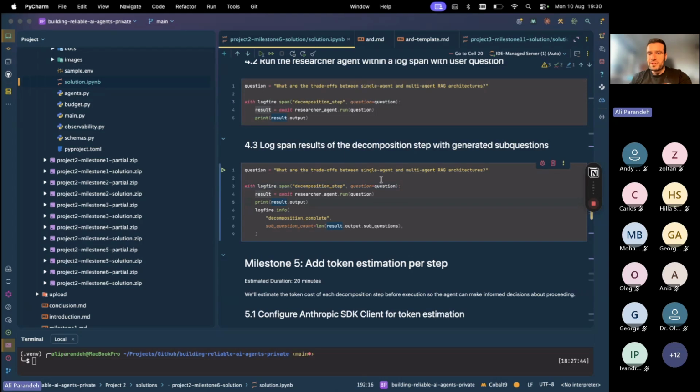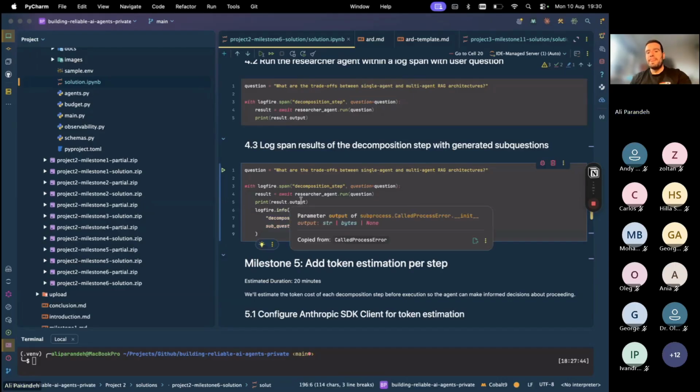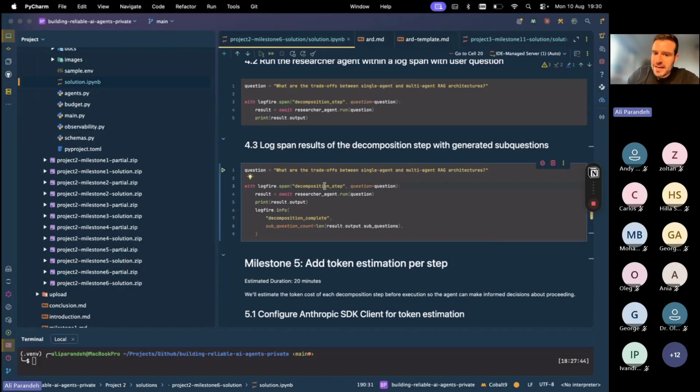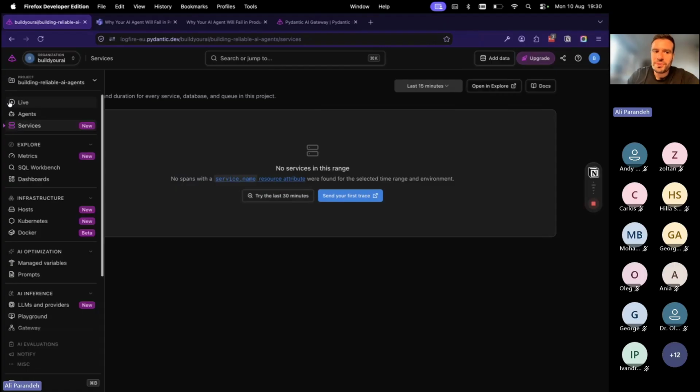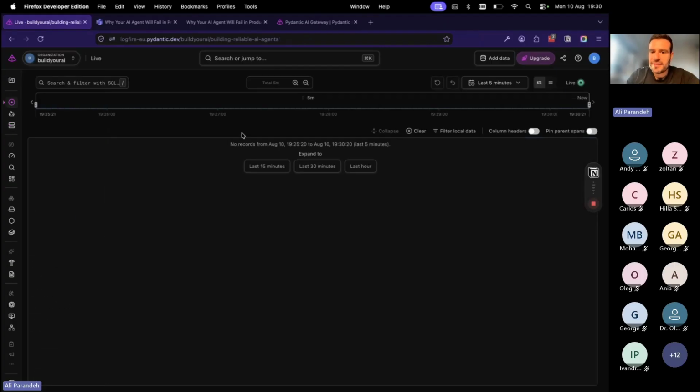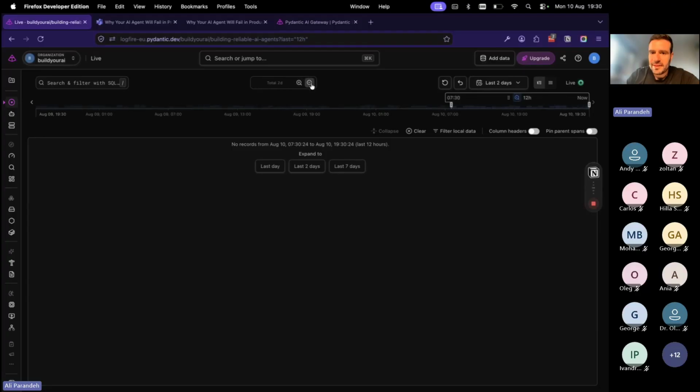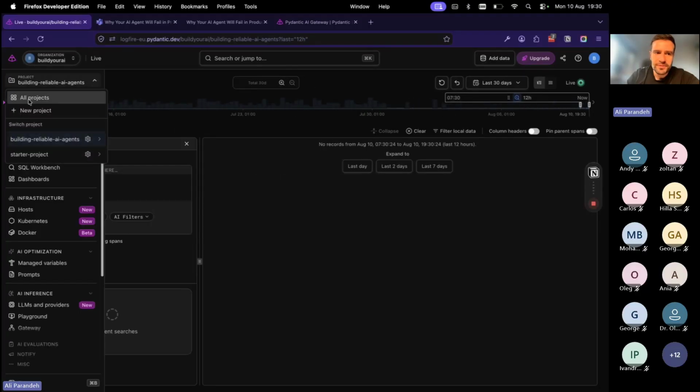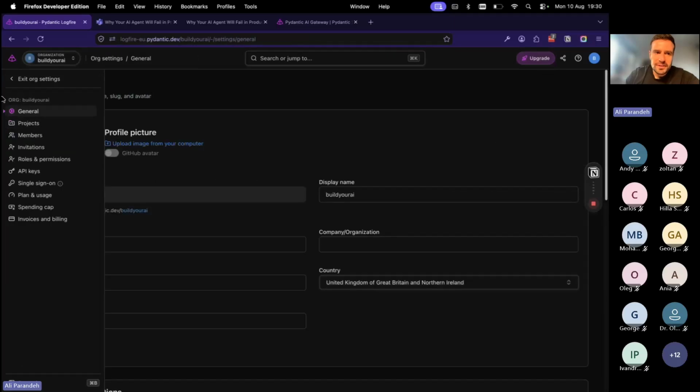So you can pass in the question, the user prompt, and then run the agent underneath this Logfire context, and then you can log to Logfire with structured JSONs. So you can pass content with traces from the agent to Logfire, and then it will be shown inside the platform here. Let me see if I can find something in here. I remember I did put some stuff here, but it's not showing for some reason. But yeah,